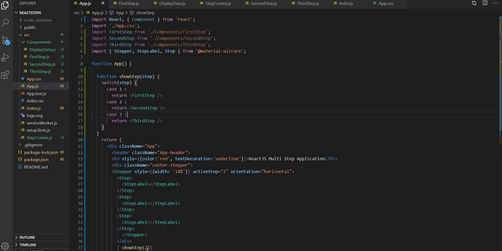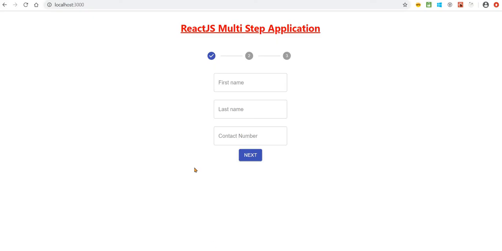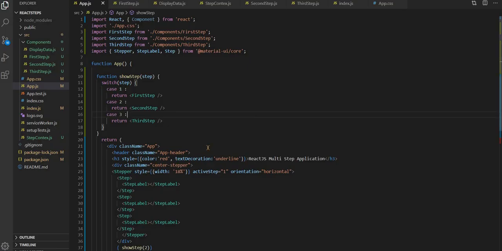Okay, so now we are passing as a 2. So let's see what is happening on the browser. Yeah, you can see now we have only our first page. Now we don't have any second or third component. It is showing as a first component.